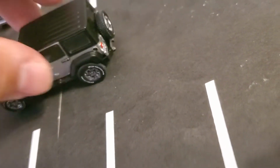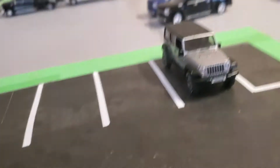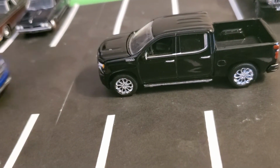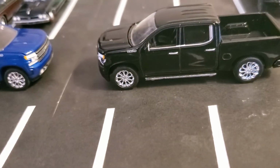It's a Jeep. I know there's a lot of Jeep fans. I'm not a big Jeep fan, but I'll take it. They did a good job. And the only one that I actually bought both castings for, I don't remember what color that one was. The others,